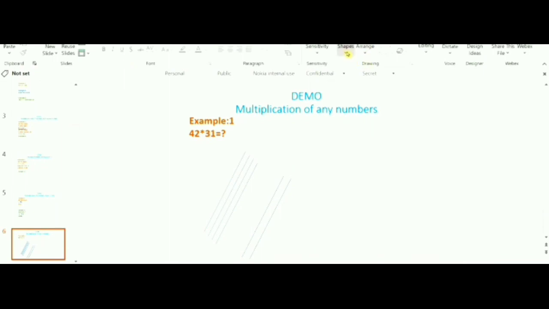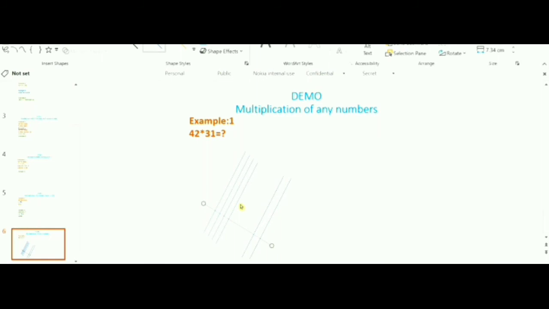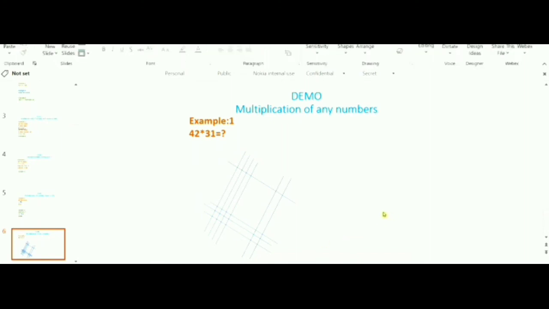Okay. So after that, 31, right? For that I have to draw another set of lines, but like this. Okay. So it will cross each other. For example, you can see this 4 lines, right? So I'll keep one separately because one is there separately and another 3 lines here. I'm just putting some space here so you can easily see this. Okay, this is the diagram. That's it. Now I need to find out the output.